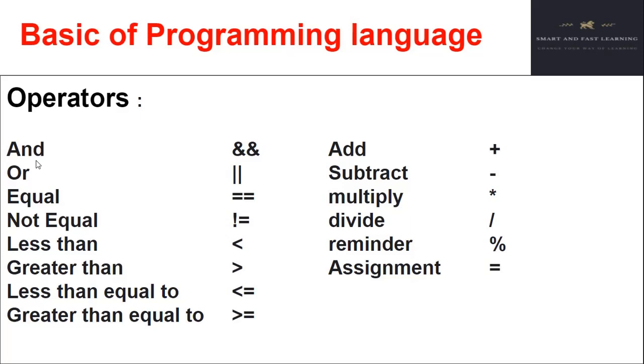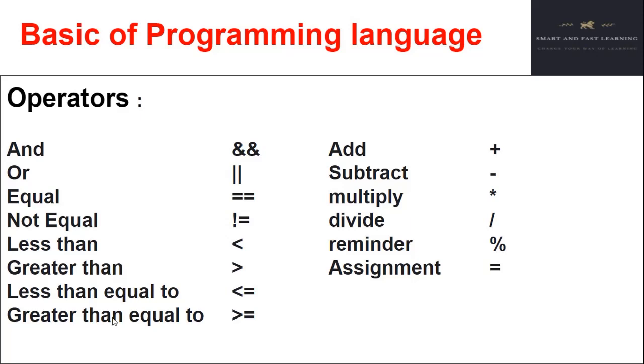Or if we want any one of them to be true, like Ram may be greater than Sham or Ram may be greater than Ramu, then we can use the OR operator. For the OR operator, only one condition is necessary. If we have four conditions and one condition is true, then the whole condition is true. But in the AND operator, all four conditions should be true, then the whole statement will be true.